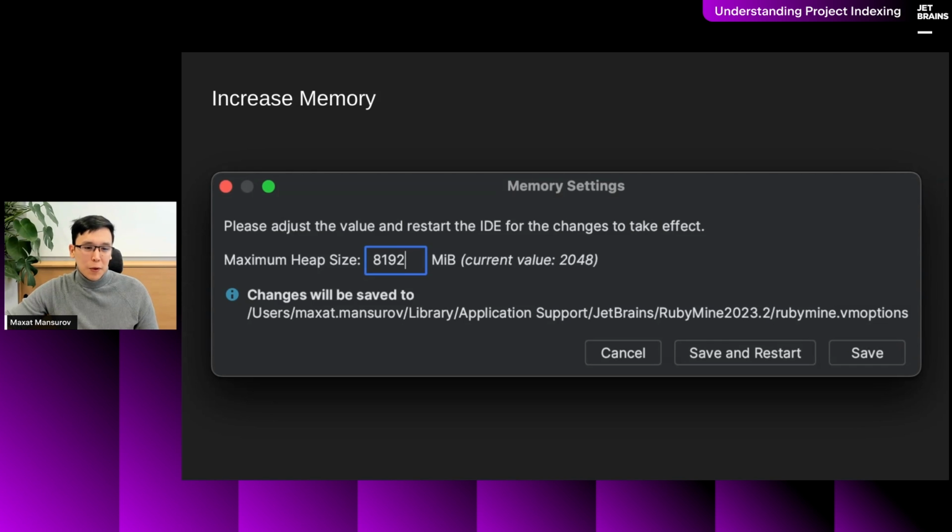So the more we can give it, it will use it. And this is probably the best thing that you can do right now to increase the speed with which RubyMine operates, including the indexing. So yeah, increase the available memory if you can.